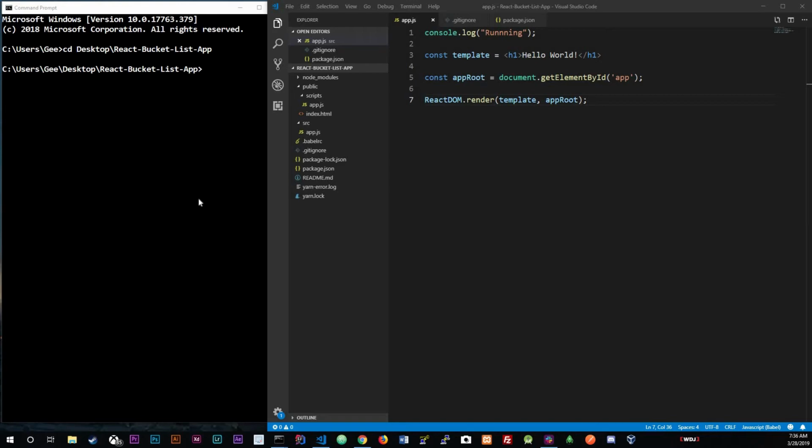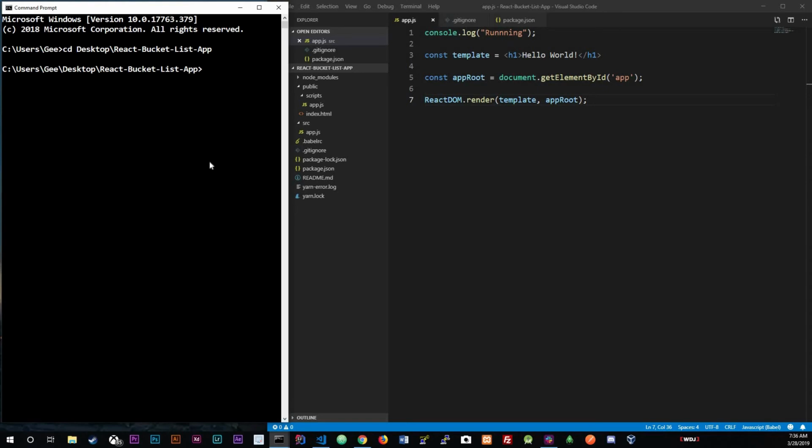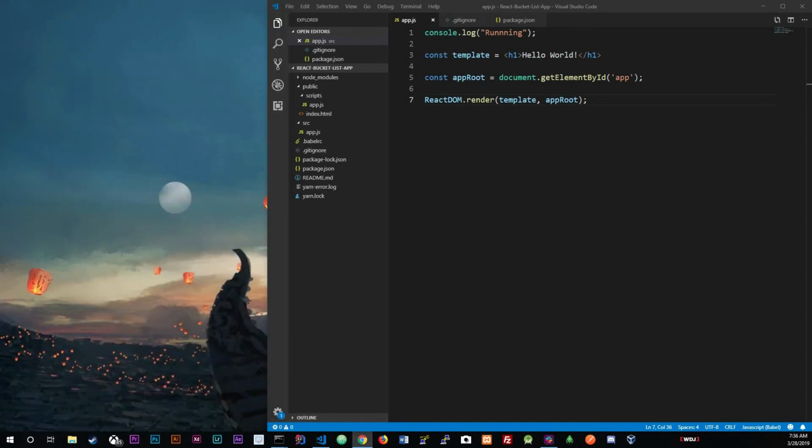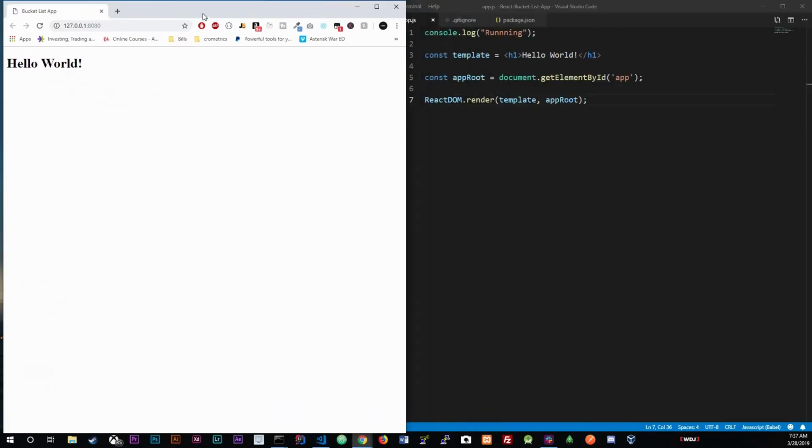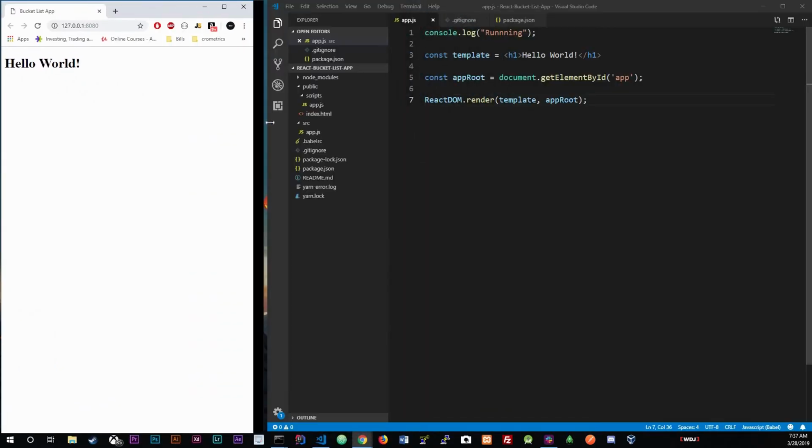So to start things off, we do need to run yarn run our build script, the one we had in the previous video, so that way Babel could start compiling. And then we do need to run a live server on the public folder, so that way we know what's going on. Get rid of that, and I have mine right here. Get rid of some of this. All right,